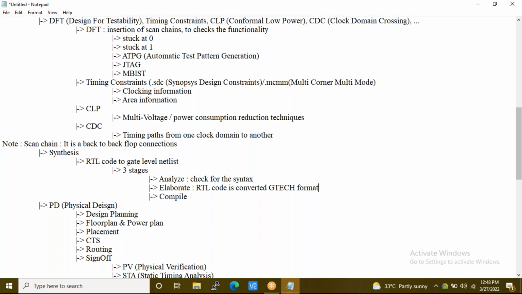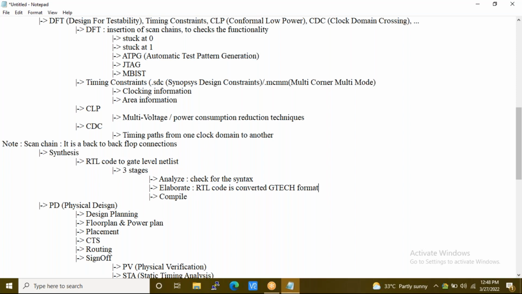Based on that particular tool, which has some default files, libraries, and header files, the tool will convert the behavioral code to a generic technology gate level format, and it will look at each and every function call.